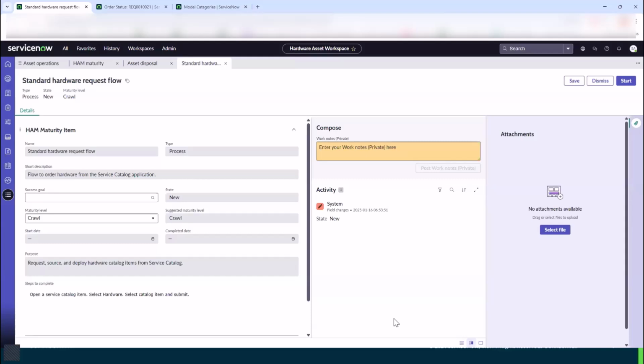Ideally, you want to examine that. You want to look at the flow, and you want to see, is it doing what we need it to do as an organization? Because now that we can have HAM in there, now we've got our stockrooms in there, now that we're auditing all of our stuff and we know where all of our assets are, we can more effectively do our inventory management. We can